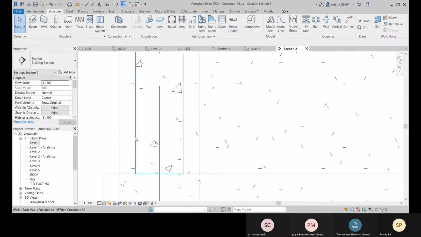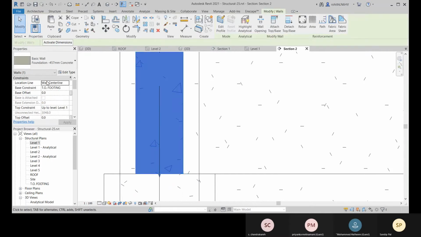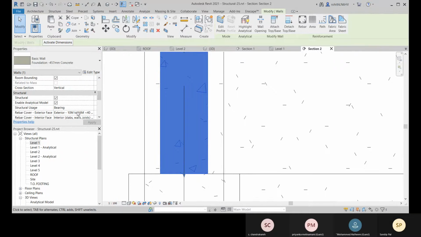So let me just click on this, and this is your wall. So this is your foundation wall, and if you come down, there is one section that is your structural. So if I stretch this palette, there you can see the rebar cover for exterior face, interior face, and other face.